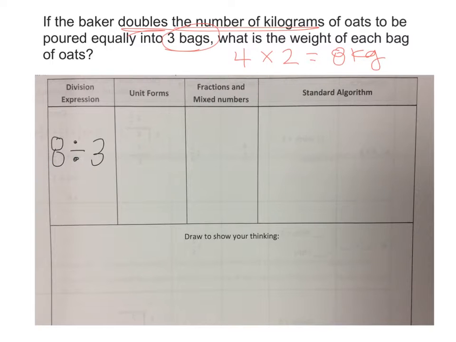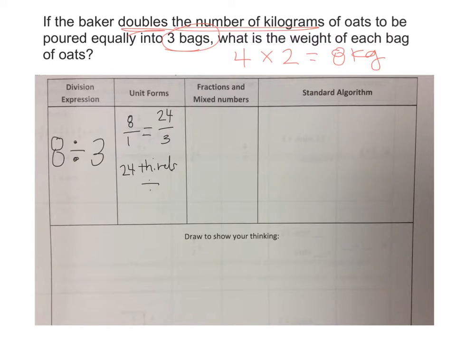So 8 wholes is the same as how many thirds? 8 thirds? 8 over 1 is the same as how many thirds? How many? 24, because I need to multiply 1 times 3 to get 3, and 8 times 3 to get 24. So this is the same as 24 thirds